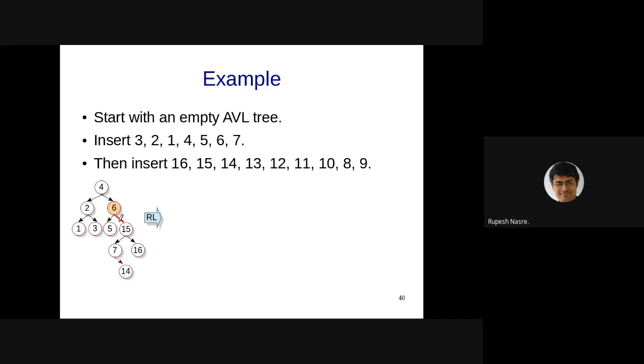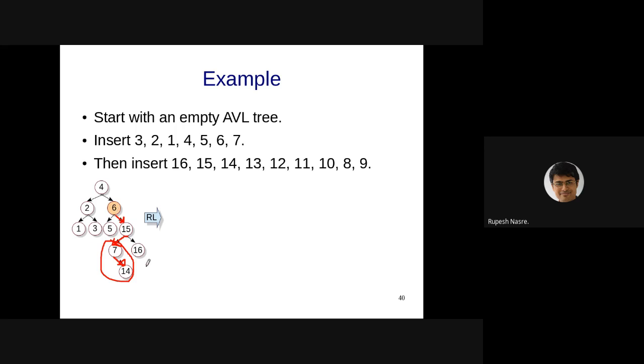Sorry, did I make a mistake? I think I made a mistake. Yes. So it is going to be R, and then the part where it is getting inserted. It is not going to be decided by whether it is a right child or the left child. I said exactly the opposite. It is going to be decided by in which subtree it is getting added. Since it is the right subtree of imbalance node 6 and the left subtree of the child of that, we are in the RL case.